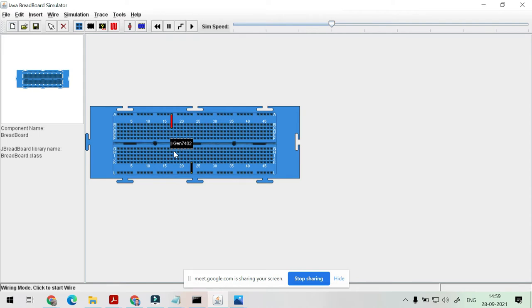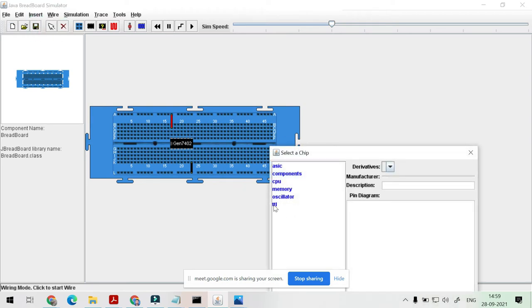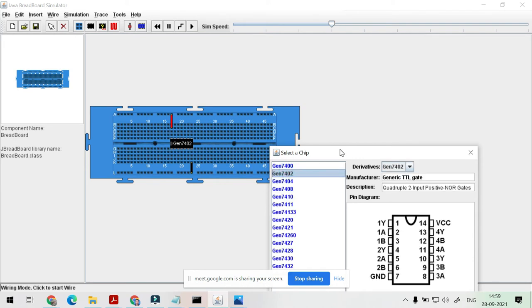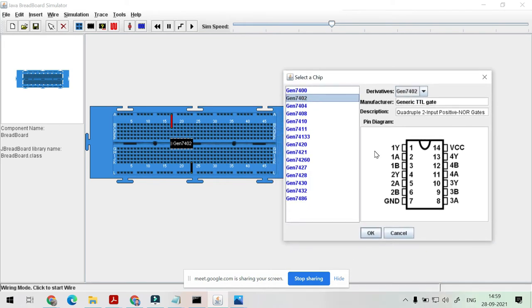So like this, we have supplied the input power, and given ground to the IC. After that, we have to apply the input as well as take the output. Input we will apply at pin numbers 2 and 3, and output we will take from pin number 1.